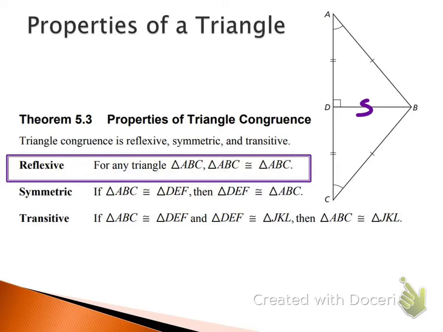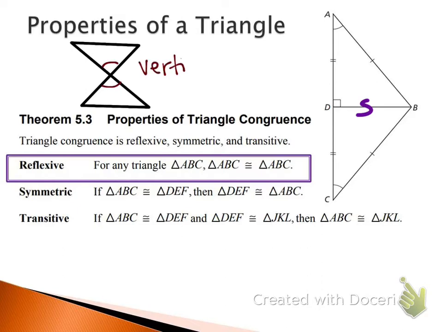The second thing, I would not turn the page yet. The second thing you'll want to look for are some angles. Let's say we had these two triangles. What relationship do these two angles have? They're vertical. I'm going to tell you right now, vertical angles will not be marked. But what do we know about vertical angles? They're congruent to each other. So I would write down that vertical angles